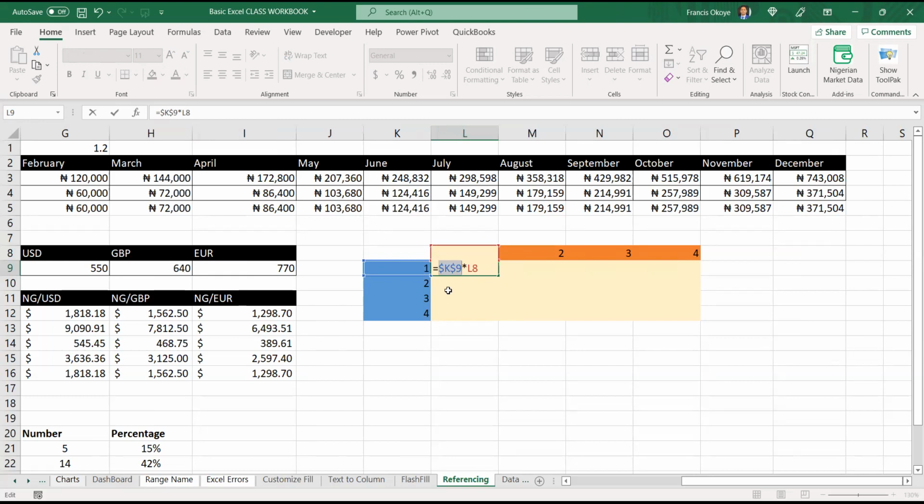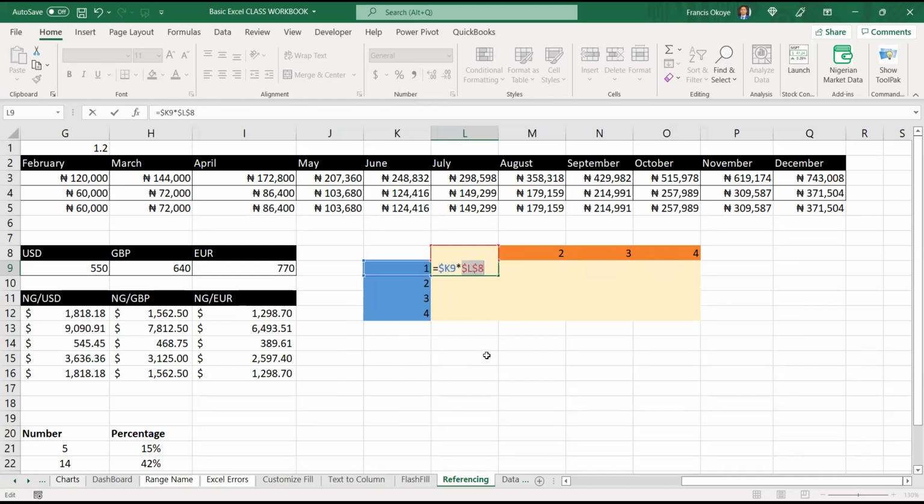Both the column and the row. So I will press F4 again. This one is holding only the row. Press F4 again. What is this one holding? Only the column. Beautiful.